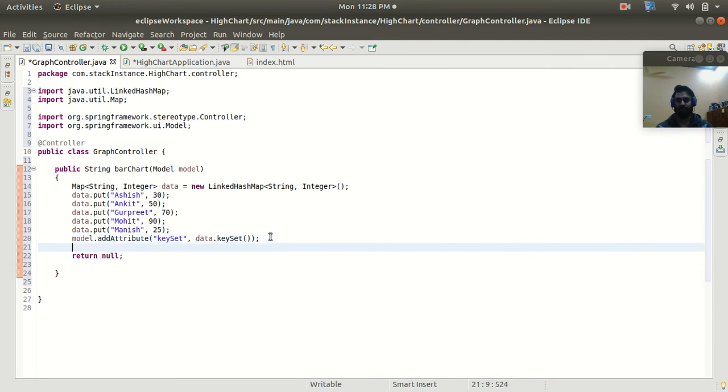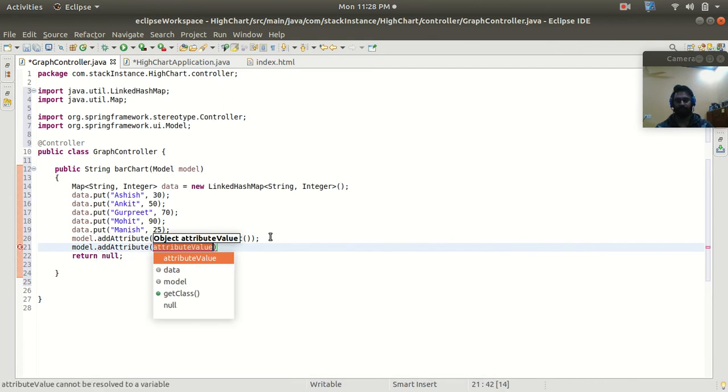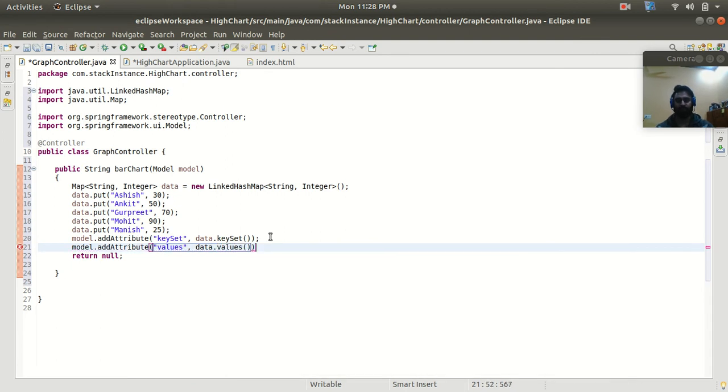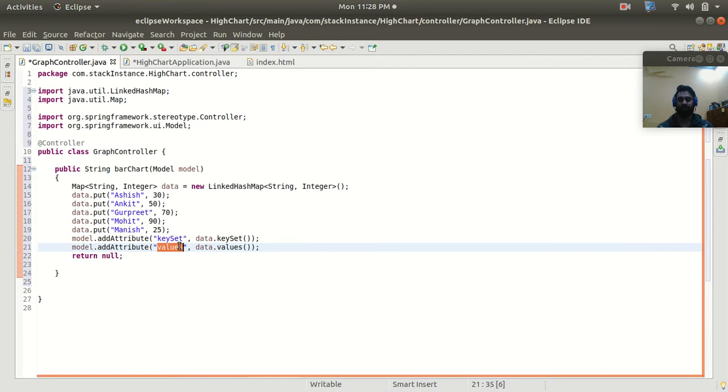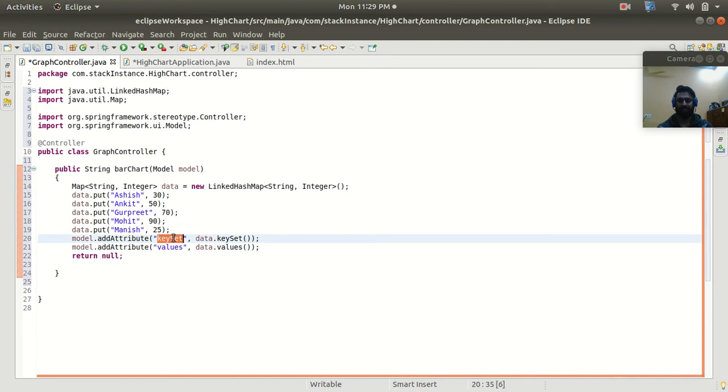In a similar way, addAttribute with the key values, and as a value I'm going to take all the values by the method values, right? So all the values will be stored with the key values, and all the keys of this map will be stored in the keySet key, right? And this I have added to the model object with addAttribute.